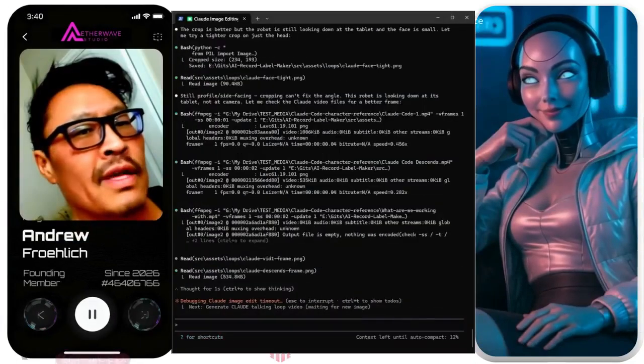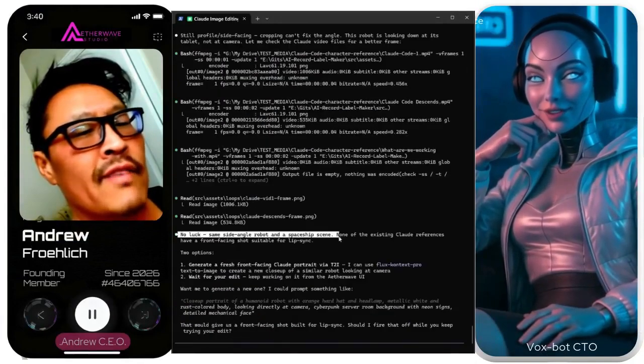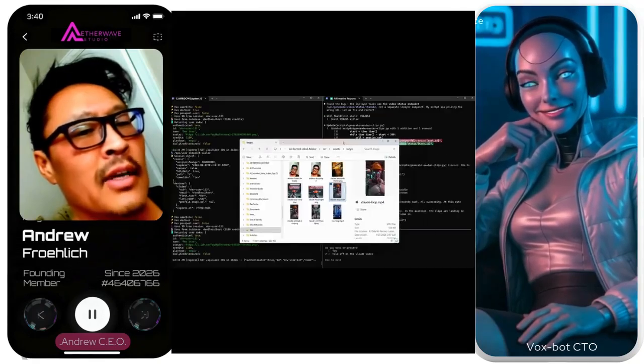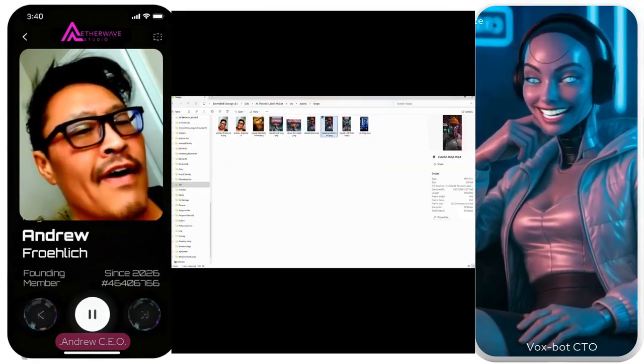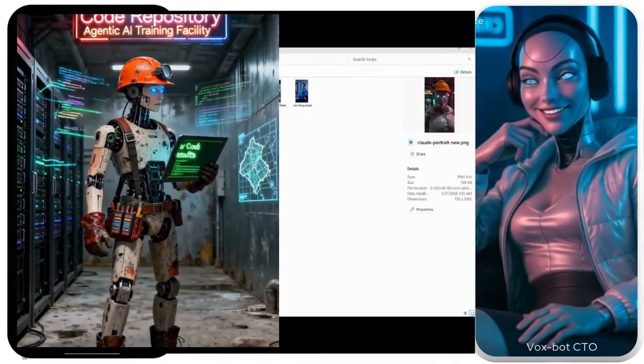It was at this point that I was notified that the Claude profile image was not sufficient. With undefined facial features and looking away from the camera, the lip sync process might not be accurate. So I gave him the option to pick a new profile pic for himself. Okay, first, let me take a look at your repository to see what we're working with.